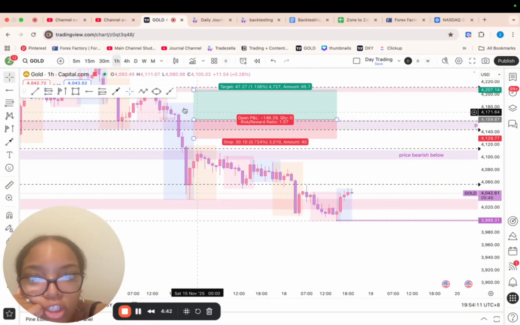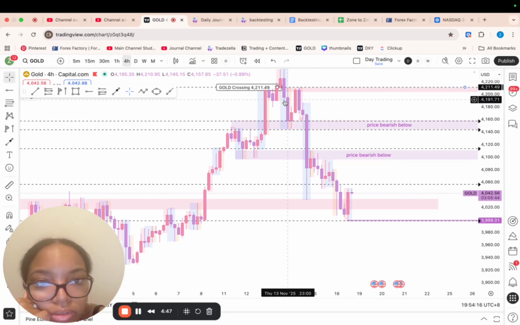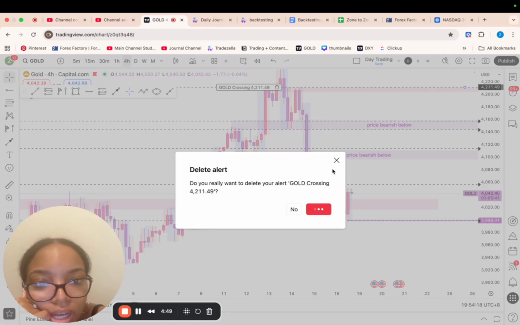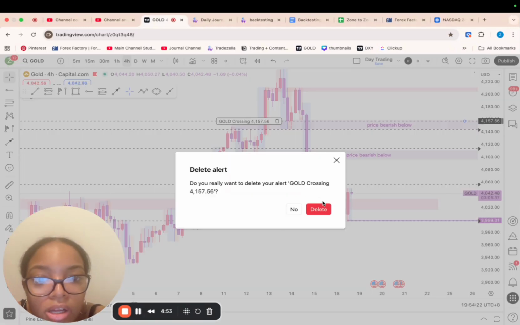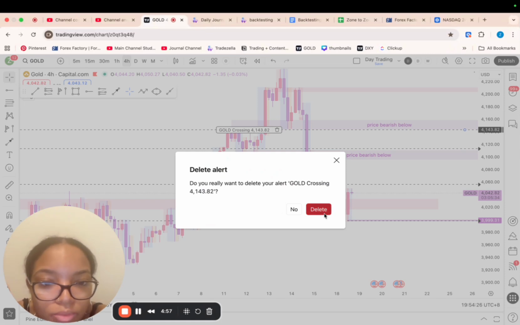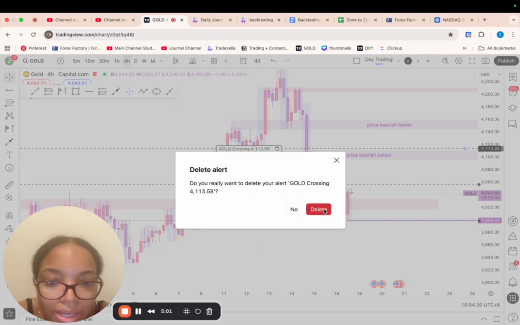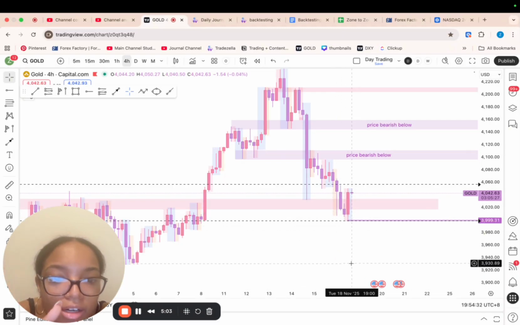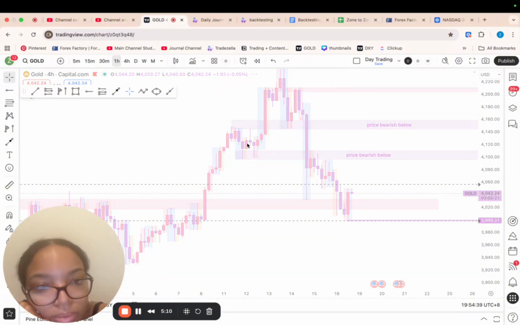I'm going to genuinely clear everything off of my chart now because I don't care for anything else other than what's happening right now. I want to know if price is going to break the high on the 1 hour, or is it going to break the low on the 1 hour? And that should tell me who has the most control in this area. Is price going to push back into that previous consolidation, which is down here, or is it going to actually push up and potentially have that high time frame ICC setup? That's what I want to see.